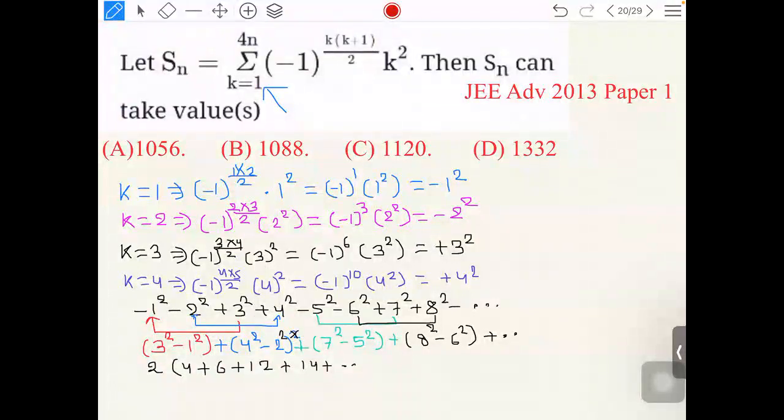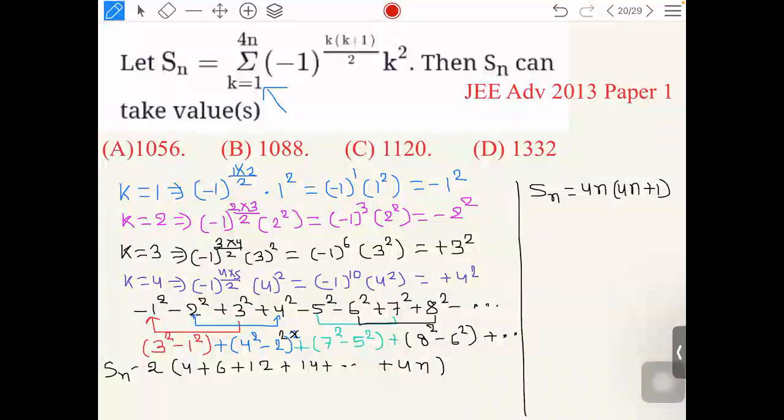एंड सो ऑन, ये ऐसे चलता जाएगा अप टू 4n टर्म्स। तो ये हो जाएगा Sn। इसको जब सिंप्लीफाई करेंगे हम लोग Sn को, तो ये नॉर्मल AP के फॉर्म में आ जाएगा। AP का समेशन करेंगे तो Sn आ गया 4n × 4n + 1। ये 4 के बाद एग्जैक्टली रिपीट करना शुरू करेगा, साइकिल फॉर्म करेगा। Sn हो जाएगा 4n × 4n + 1। अभी Sn का क्या क्या वैल्यू हो सकता है ये हमें देखना होगा,